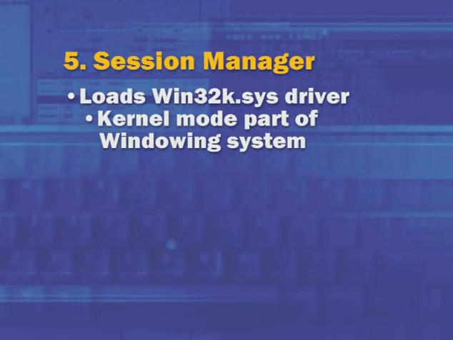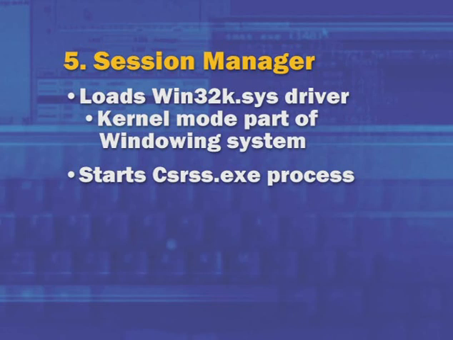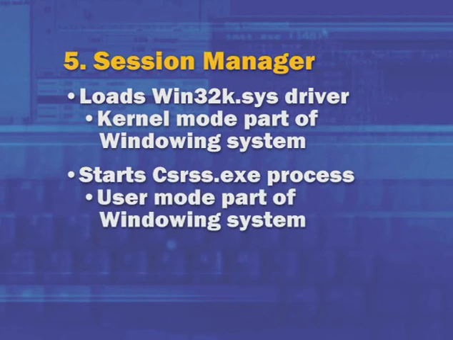We haven't talked about the Windows subsystem being up and running yet, and this is the point where Session Manager starts to get that going. The windowing subsystem consists of 2 components: a kernel mode driver called Win32k.sys, even on 64-bit Windows ironically, that Session Manager loads and starts at this point. Win32k.sys implements the GDI part of Windows and the user part, so the graphical part and the windowing and Windows message part. The next step of Session Manager is to launch another user mode process, the second one on the system, CSRSS, which stands for Client Server Runtime Subsystem. CSRSS is the user mode part of the Windows subsystem. And now that that's up and running, we've got the Windows API available for use by other processes.